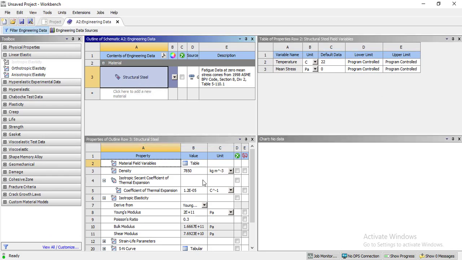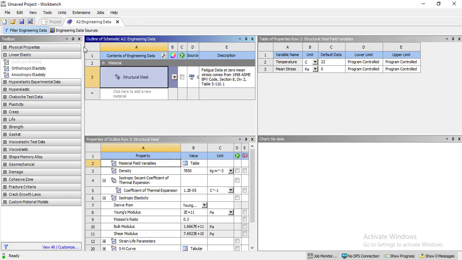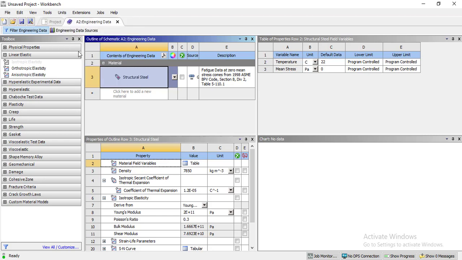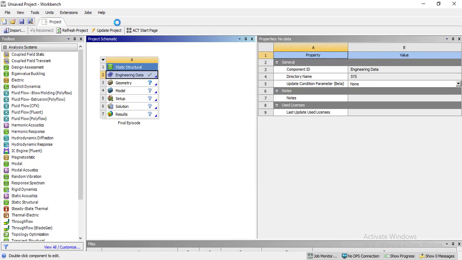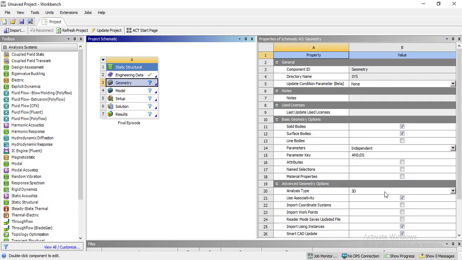As you can see, all of the properties are given in the SI units. We will change the units from here. Go in units and choose the US customary units. It is not updating, so we will remain as it is because these are the properties of the structural steel. Now go into the geometry and change the analysis type from 3D to 2D